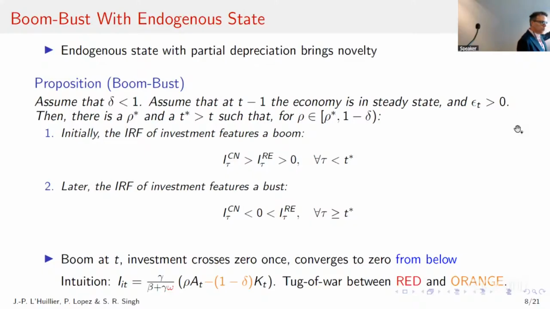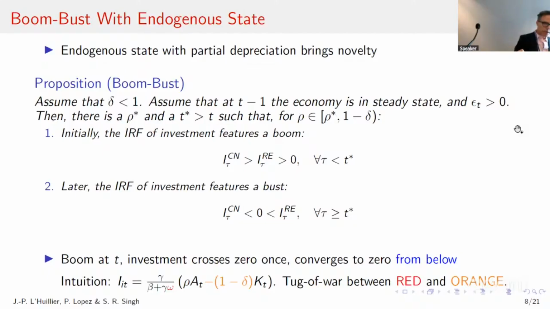Initially, you have a boom like before, so the effect in red dominates. And at some point, at t star going onwards, you have a bust in investment. And the bust is such that you have less investment than under rational expectations, but we can also get a condition, which is the one there, where the bust is strong in the sense that it's below 0. So investment is booming, it crosses 0, and it converges to steady state from below. Okay? So what's going on here? First, team red is winning,